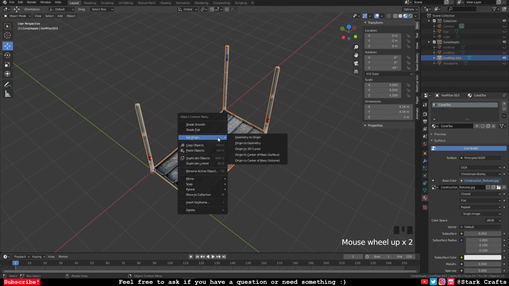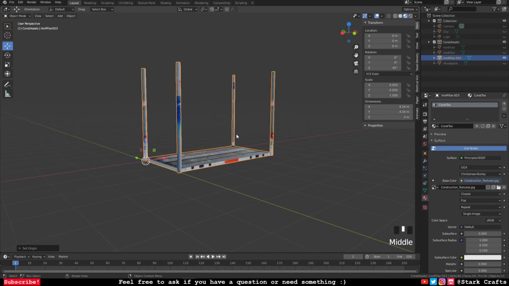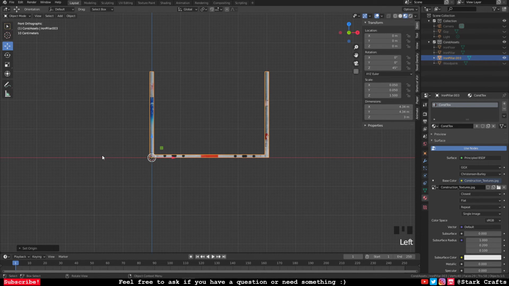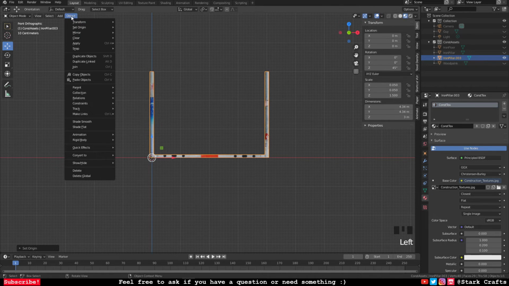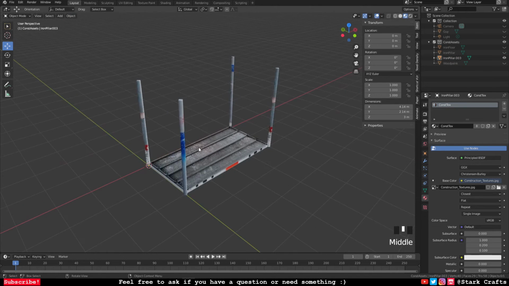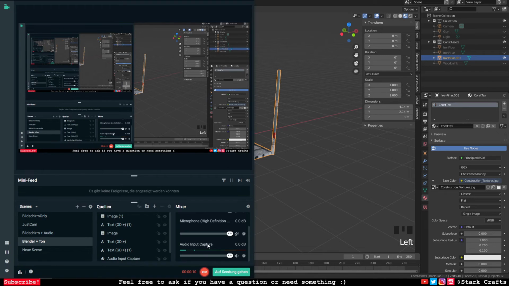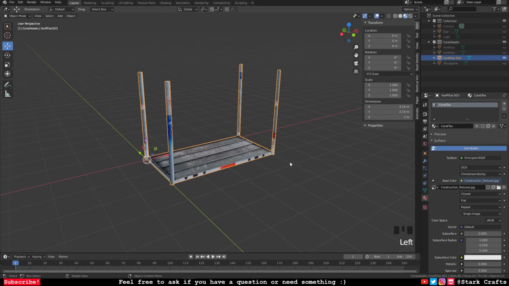Let's hit right click, set origin, 3D cursor, nice. And also check if the flooring is even, nice. Let's hit object, apply all transformations. Okay, nice. And now we have the base for this weird construction thing